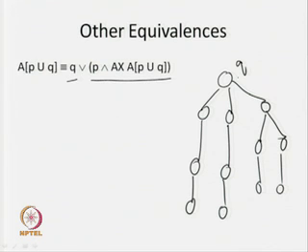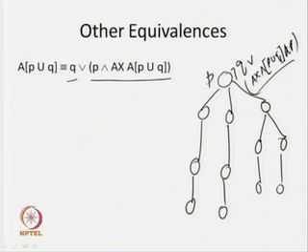If q is not true at that particular point, that is, not of q, then we look for the second component: A x A p until q, and along with that, p. What does it mean? If q is true there itself, I will say that A p until q is true. But if it is not true, then we have to look for the second part: p must be true over here, and in all next states, A p until q must hold again.